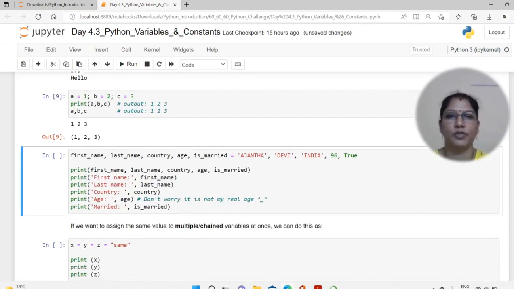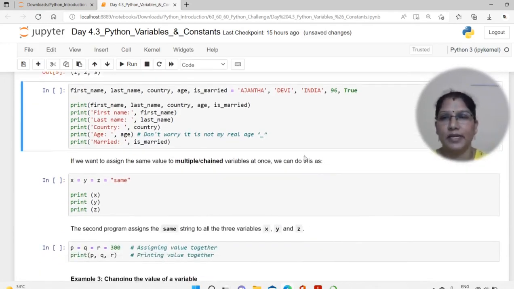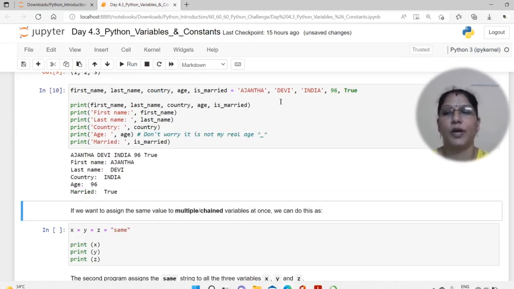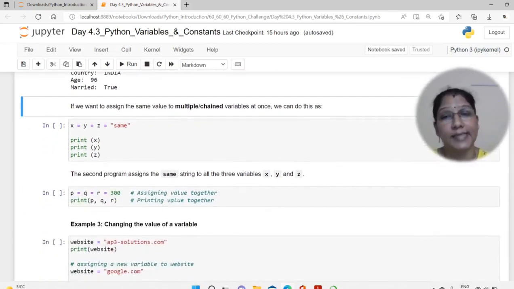And next, coming to this example, the same thing, multiple variables. I am giving first name, last name, country, age, and is married, all separated with commas, so we can assign multiple values at once, and here it is executed. Now the other case: if we want to assign the same value to multiple variables at once,